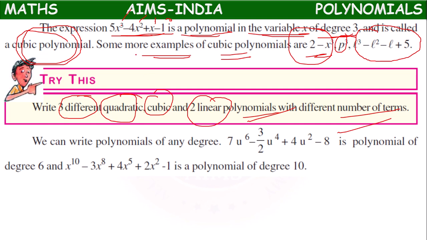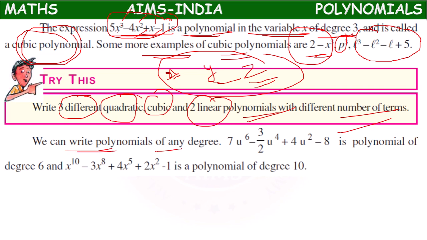One thing you have to keep in mind: the total algebraic expression should be defined in only one variable. In the first term, if you use x, in the second term if you use y, in the third term z, like that also you could use. But up to now, we have discussed only polynomials with one variable. So try to make them with only one variable. About having multiple variables in one expression, we will learn later.